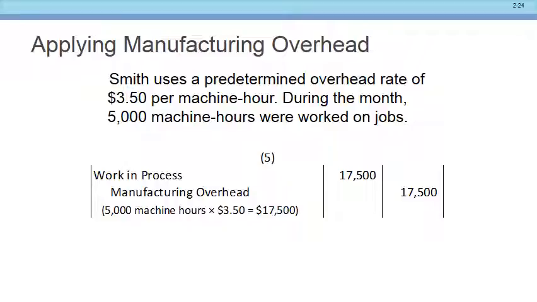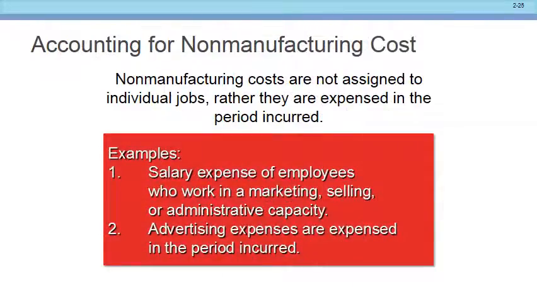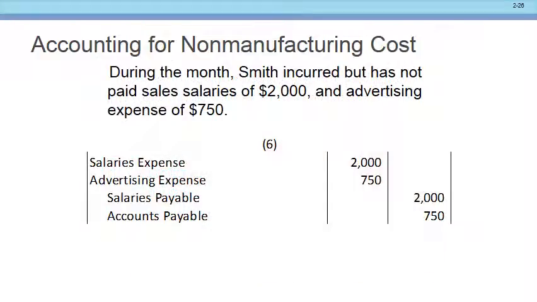And they used machine hours. See how they determined it was $3.50 per machine hour. They multiplied that by the number of machine hours. That's how they applied it. Okay. The non-manufacturing costs are going to be expense. We've said that like 4 times now. And there you go. There's the journal entry. Notice the takeaway from this is it does not hit my inventory account, right? Does not hit the inventory account.